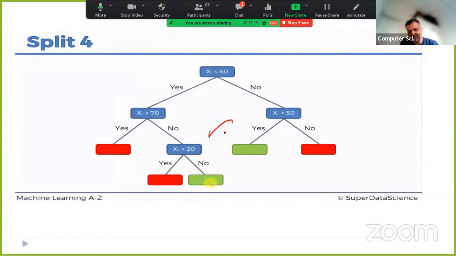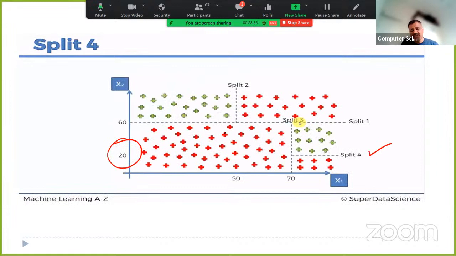So this step-by-step process will give you a decision tree. And again, as we have predicted whether the person is going to buy mobile or not, or whether the person is going to get stroke or not, the same way we can predict here what will be the class based on the value of x1 and x2. So this is the intuition, and